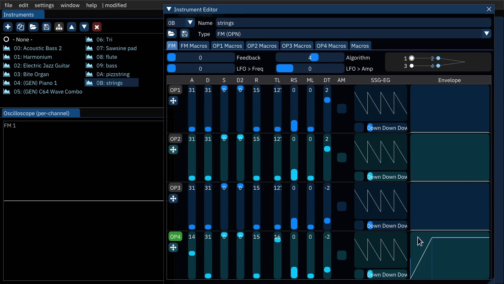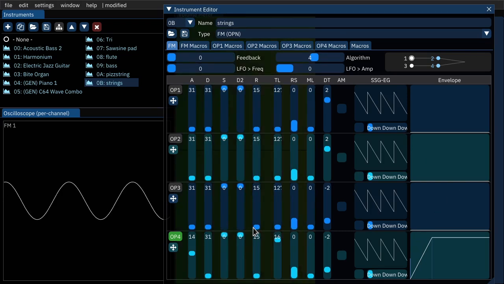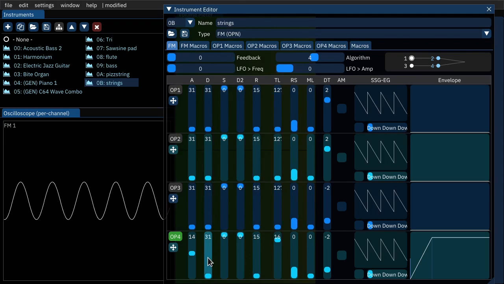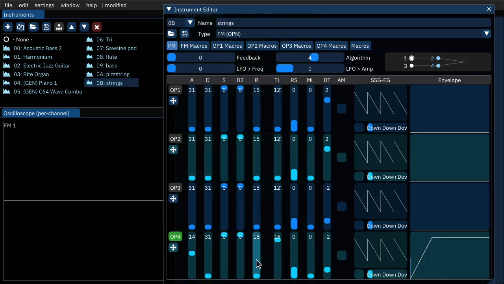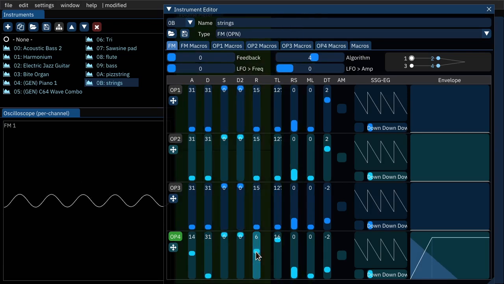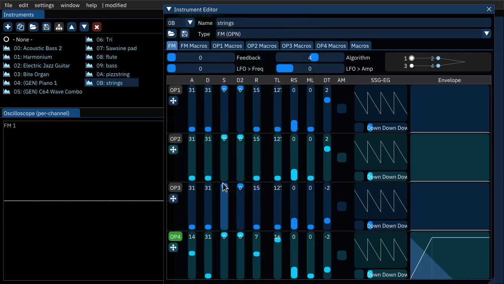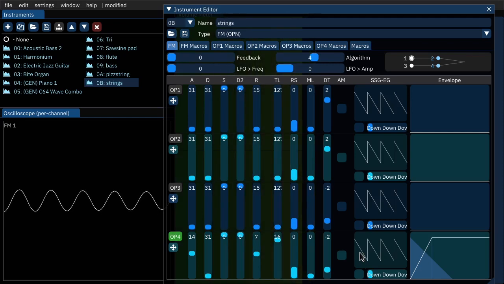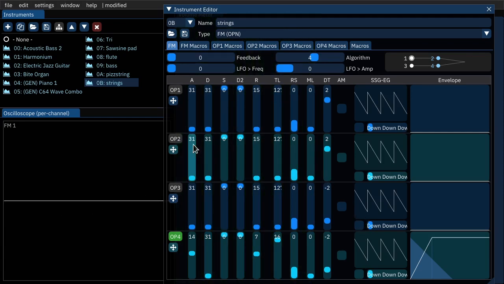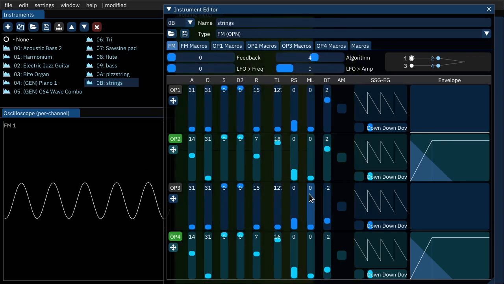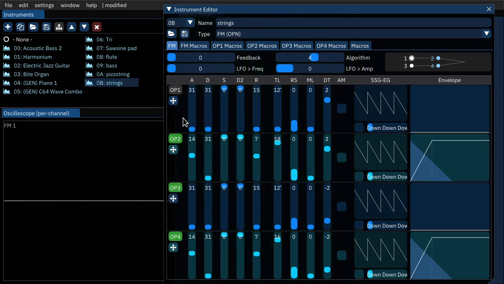Oops, got the wrong window. Yeah, so I think that's like, yeah, and then we'll just put like, yeah. So that kind of sounds like the envelope of the string that we want. Let's set the same parameters here. Then, maybe it doesn't have to be exactly the same. And then